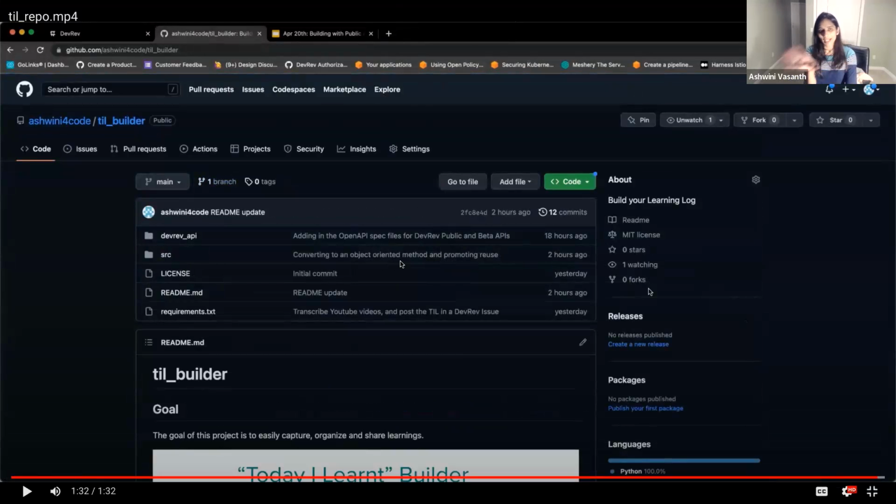So this was kind of more of an overview of the structure, but I do recommend that you actually go into the repo and check it out. And that would give you a better sense of the usage.